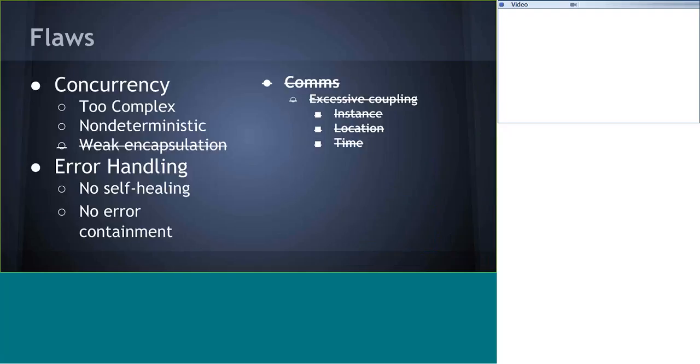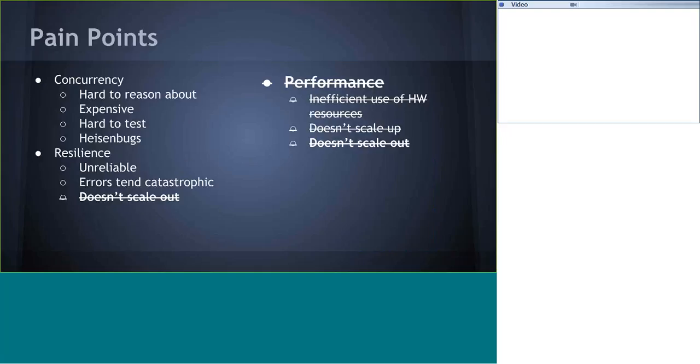So the next thing we get rid of is, I don't know what we got rid of there. Something important, I'm sure. So it doesn't scale out. Again, that's a performance concern, right? Because running on multiple machines is going to be more performant in certain cases. And there's also a resilience concern. Being able to run on multiple machines, you have to if you want an actual resilient system.